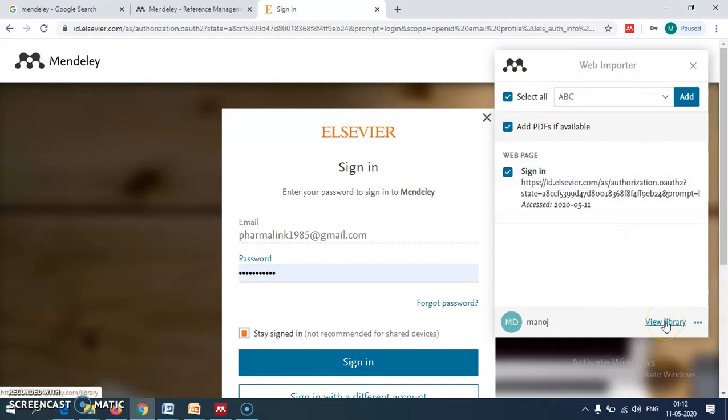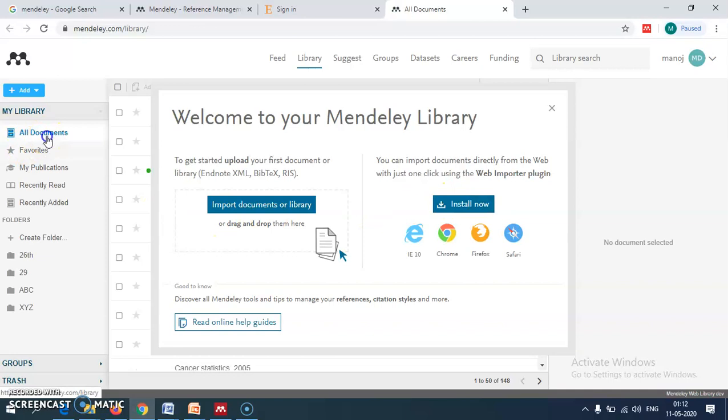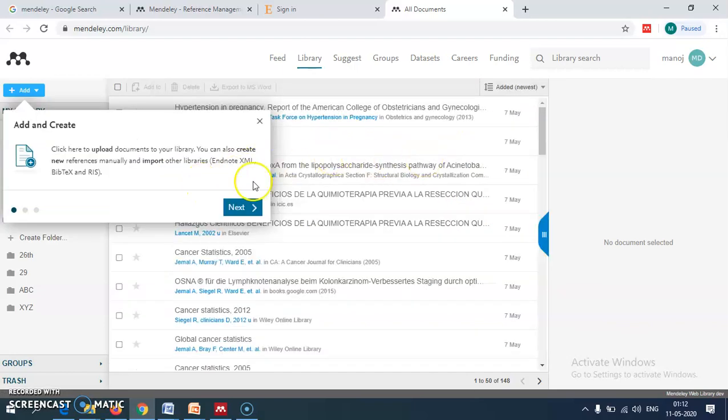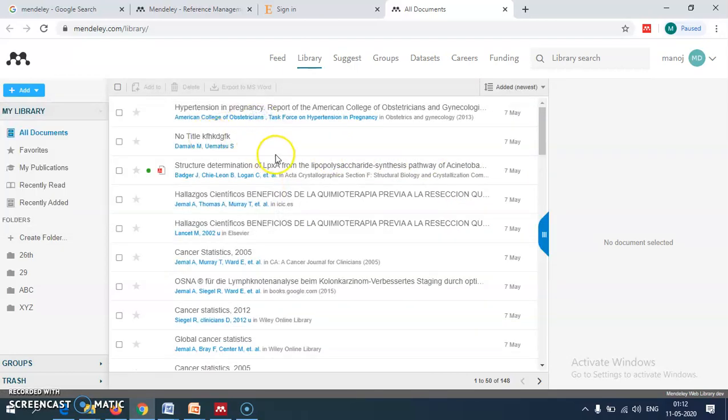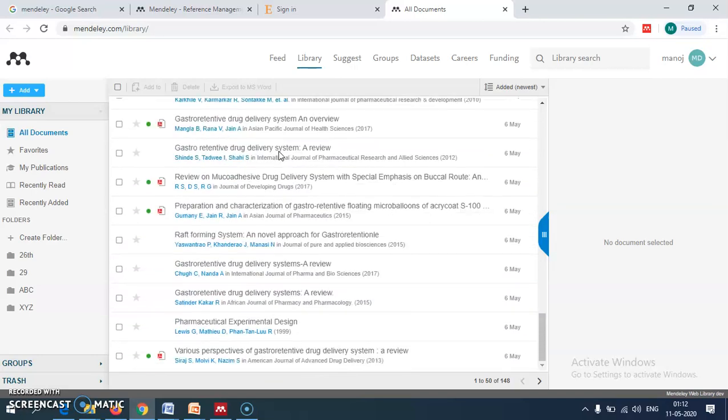If you click on this icon once it comes, and click on View Library, it will show the library. If you click on All Documents, these are all the research articles which I have added to my library.